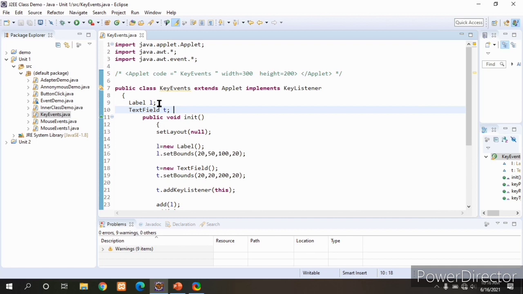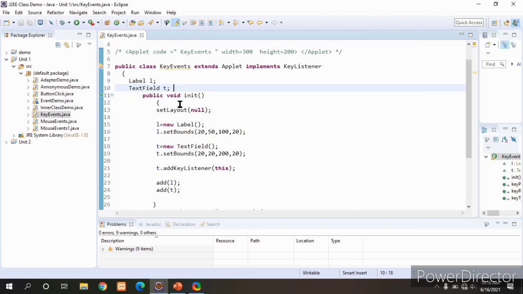If I type a key, by using this label I will display a message such as key typed. I am also using one text field, where I will type characters. At that time key events will be generated.